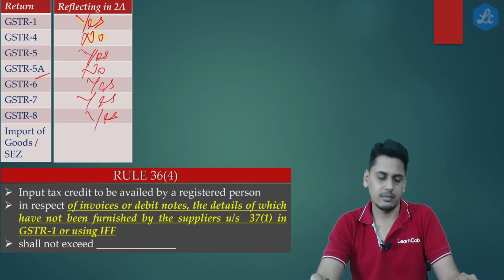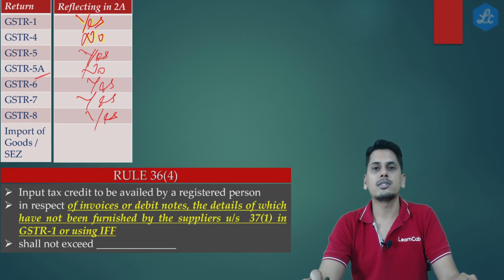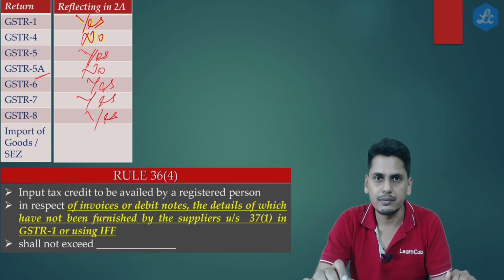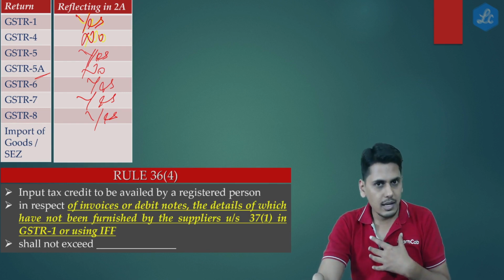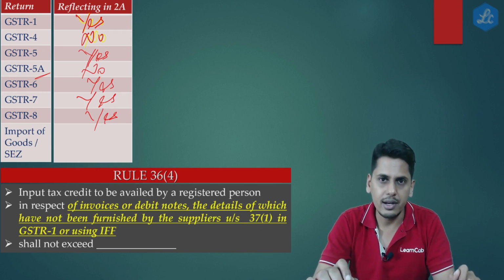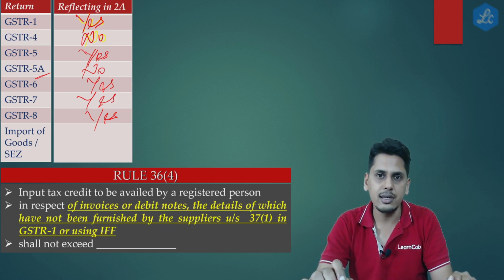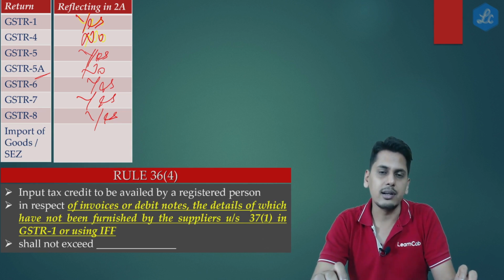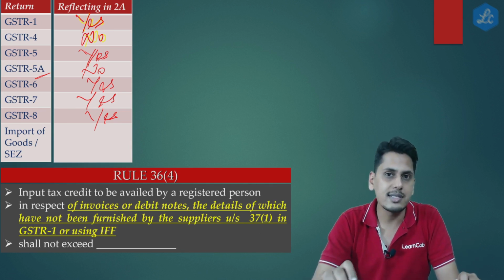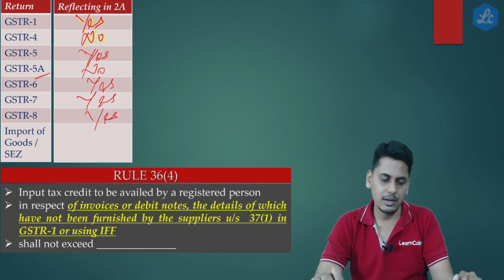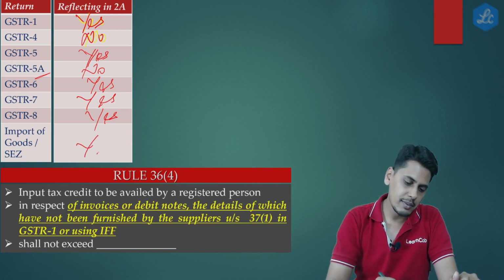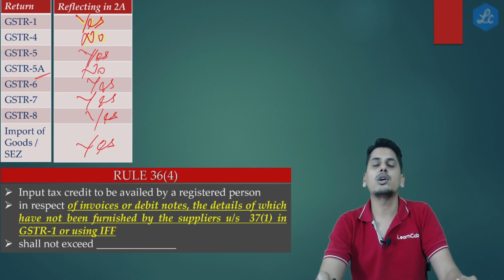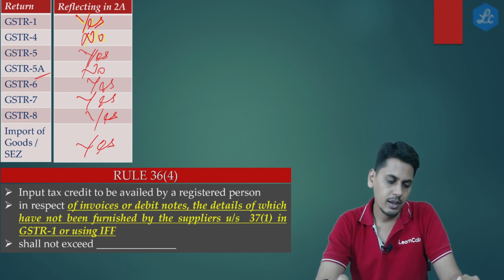So yes. The next one is import of goods or purchase of goods from a special economic zone based on a bill of entry. Now friends, me as an importer, I import goods, I file a bill of entry, I pay customs duty, I pay IGST. Can I take credit? Yes. So now the data would be transmitted from the customs server. It would come to the GST server and it would get auto populated in my GSTR 2A.